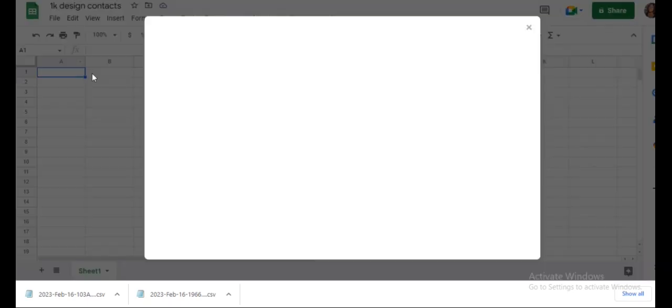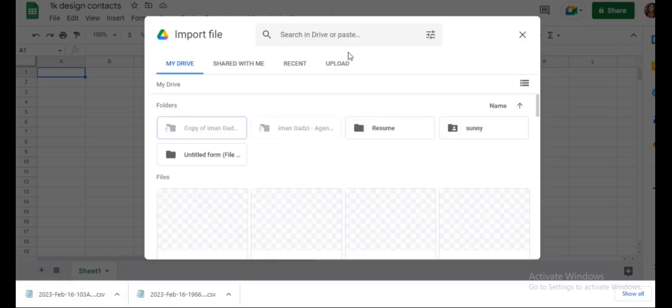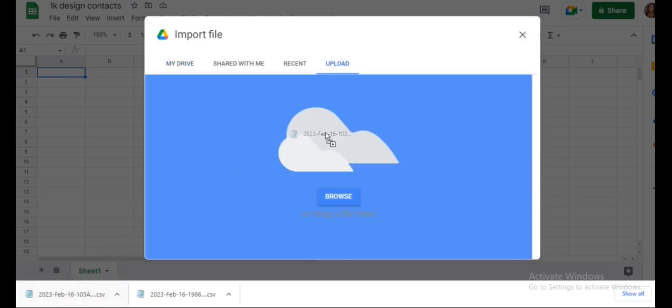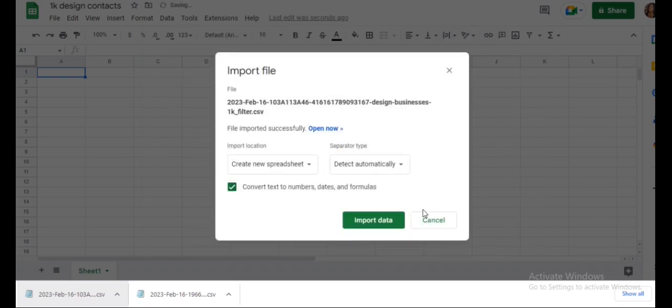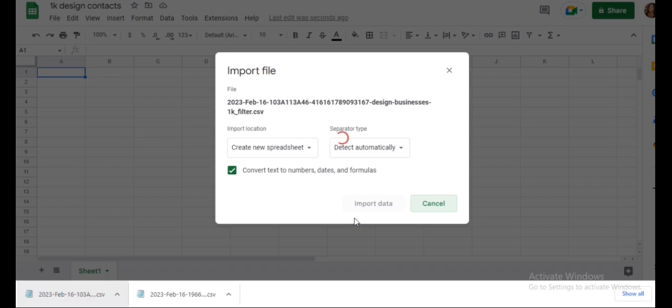Go to File, we'll go to Import, Upload, Drop, Import Data.